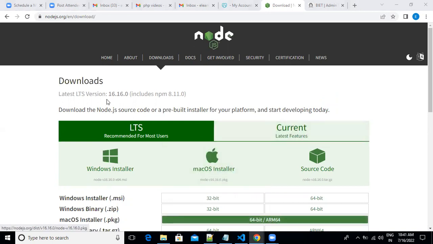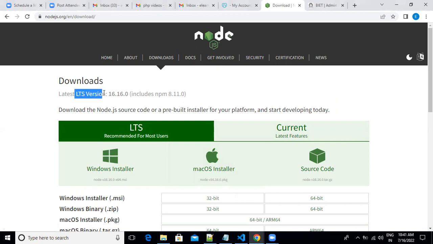So here you can observe, latest LTS version is 16.16.0, which includes npm, node package manager. It is showing here. Why it is showing like this? So here LTS is nothing but long term standards. So here it is showing the long term standards, nothing but whenever you are doing any project also, that project we are going to maintain long term, no. So that's why it is showing here LTS long term standards. It is showing we have to maintain